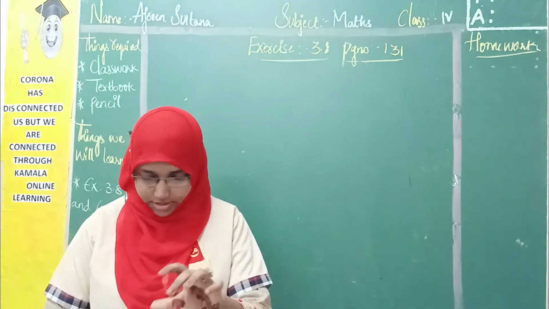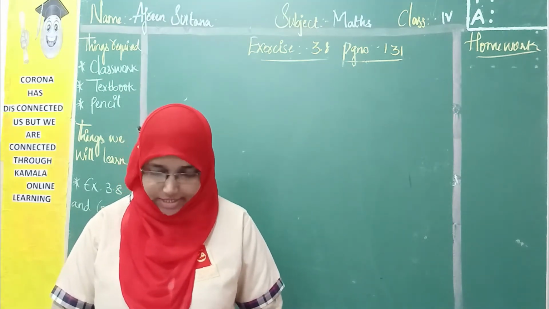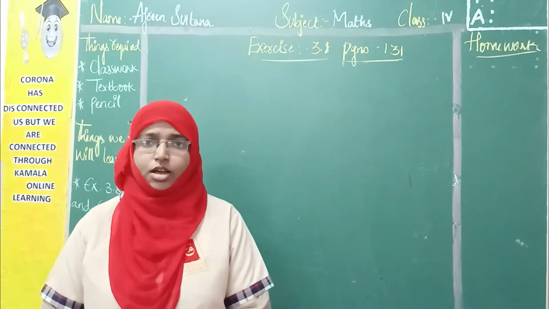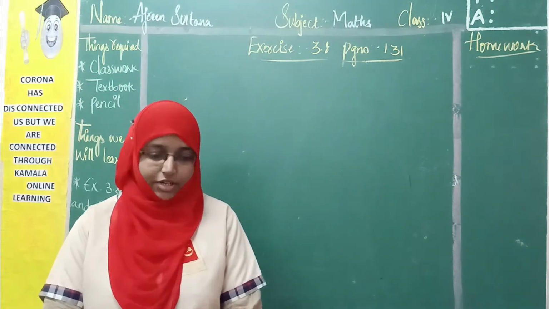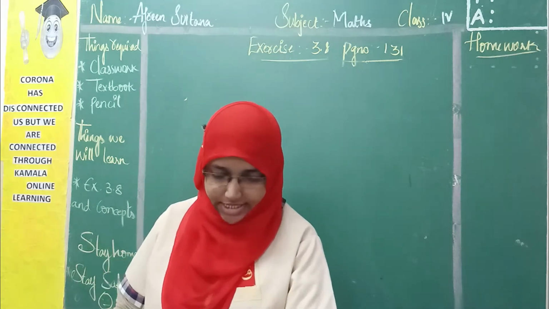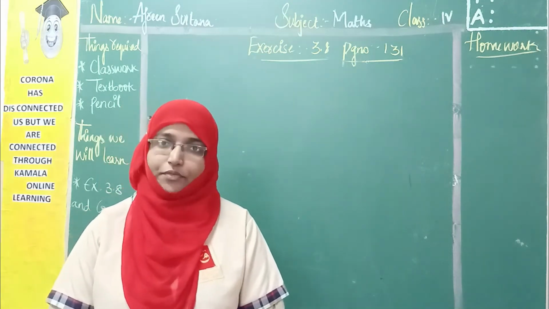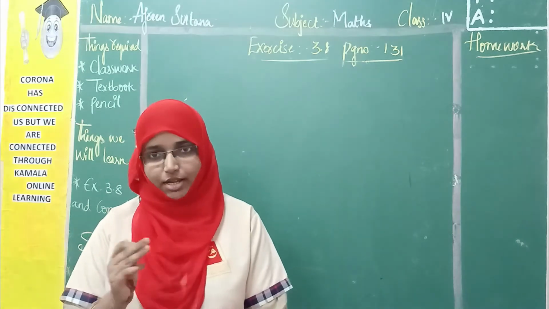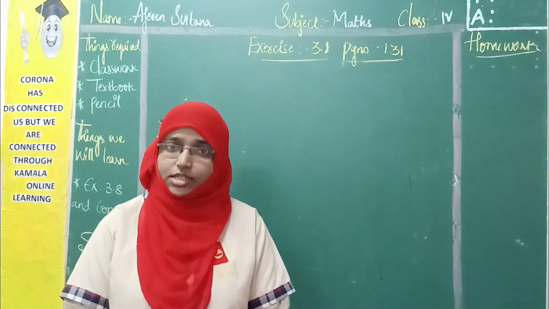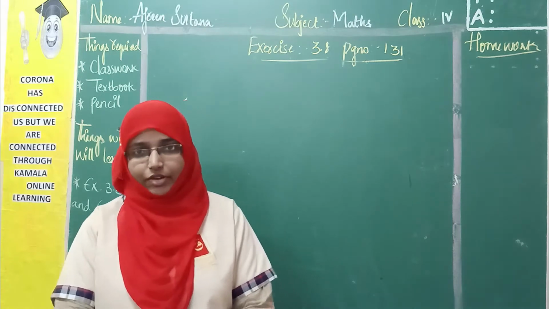Let's move to our next topic, verifying subtraction by addition. This method we have already followed in exercise 3.7, where we found the minuend. How did we find it? We added the difference and the subtrahend, then we got the minuend. This is the verification we will do when we solve a problem.